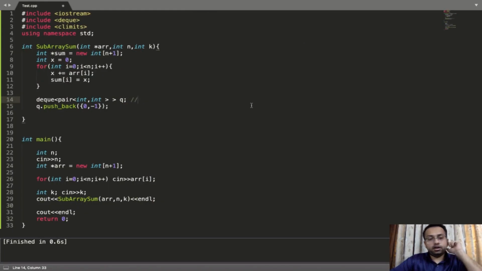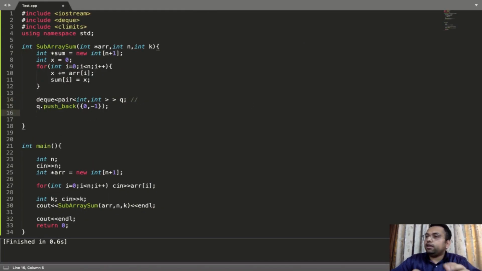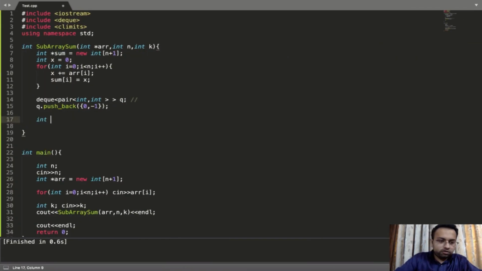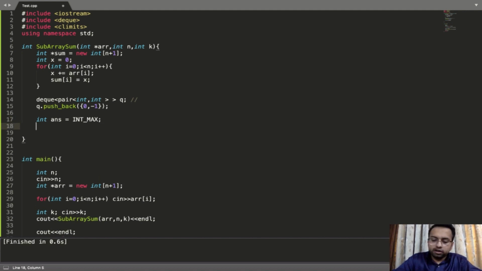All right. So we have inserted it. Now the next thing that we are going to do is we need to calculate the shortest length. Till the time we don't find it, we will consider something which cannot be the answer, because int max cannot be the answer, right? So I'll take the maximum value, which I'm sure the answer is going to be smaller than. So we have taken the answer as int max.